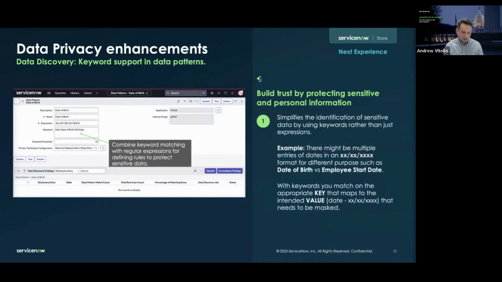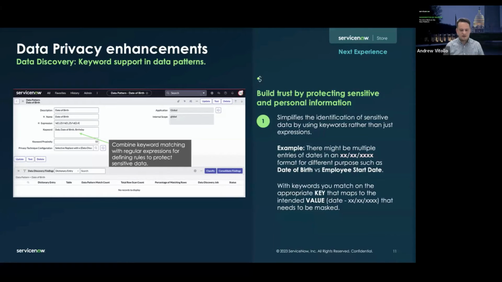The next one I'm going to talk about is data discovery keyword support and data patterns. This one's really, really interesting and cool. If those of you that haven't attended these sessions before, we had the ability to use regular expressions to detect sensitive data and properly handle it.